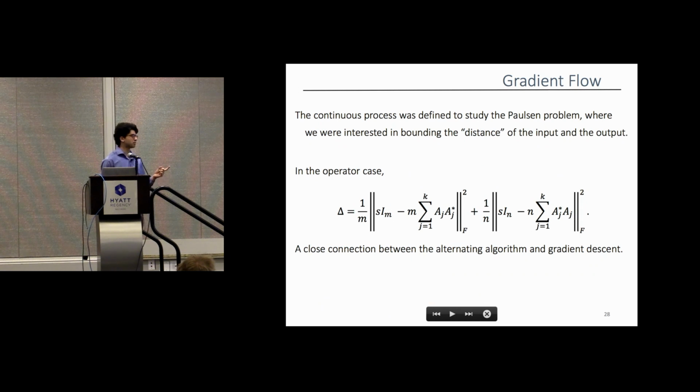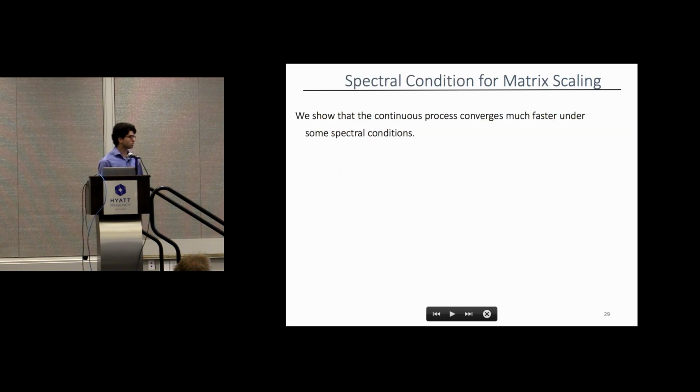Again, this is the delta definition for the operator setting. And again, if you take a gradient flow with respect to this delta, you get the continuous process. It's not super clear. It is some calculus you can do on paper, but it's not clear right away. Cool. So now that we've mentioned what the continuous process is, we'll analyze it in a special case where